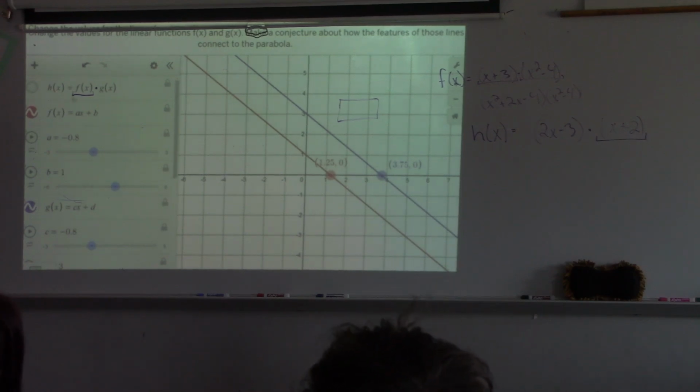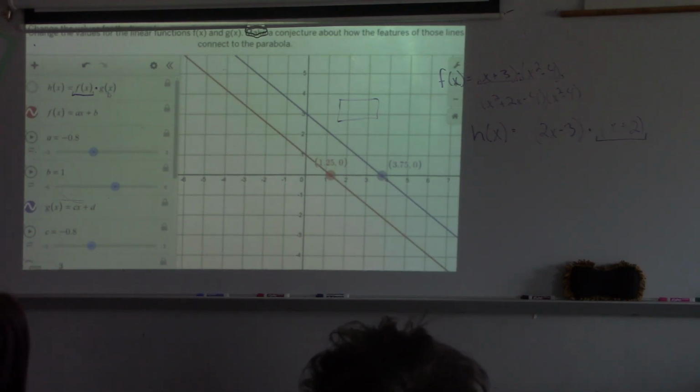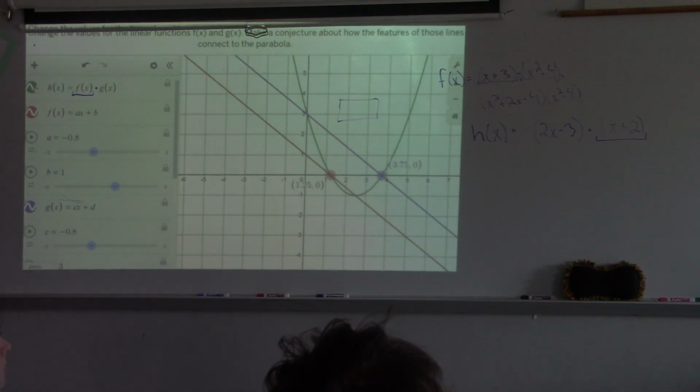And then up here to get h of x, I started with f of x and I multiplied, or dilated, by g of x, right? And what do I get when I multiply those two linear functions together? I got a parabola. What type of function is that? Okay, so when I take a linear times a linear, when I dilate it by a linear, I'm going to